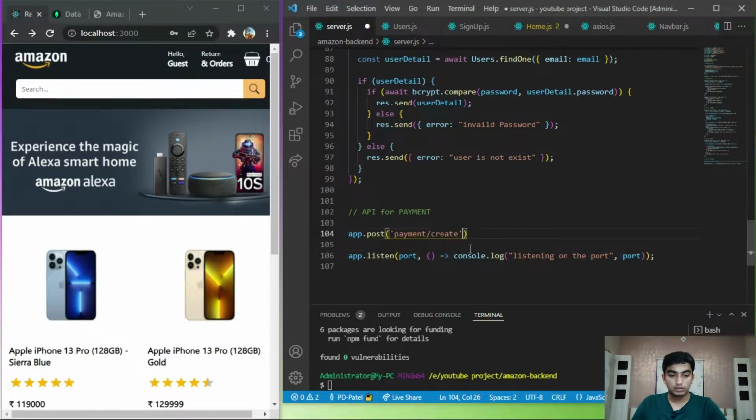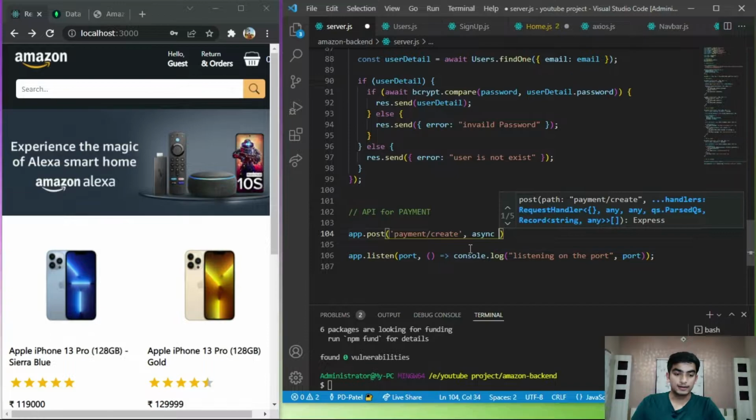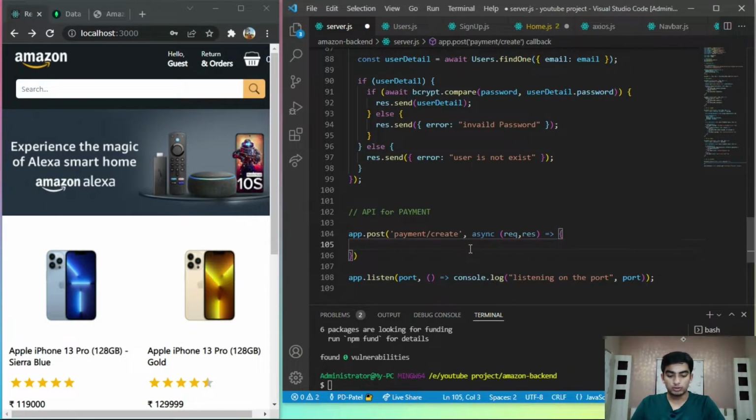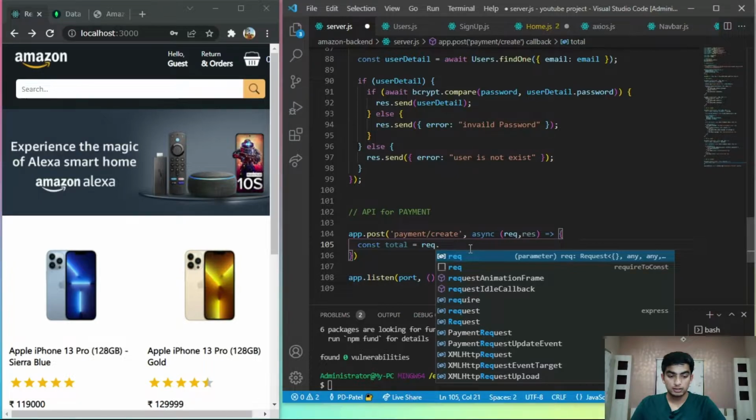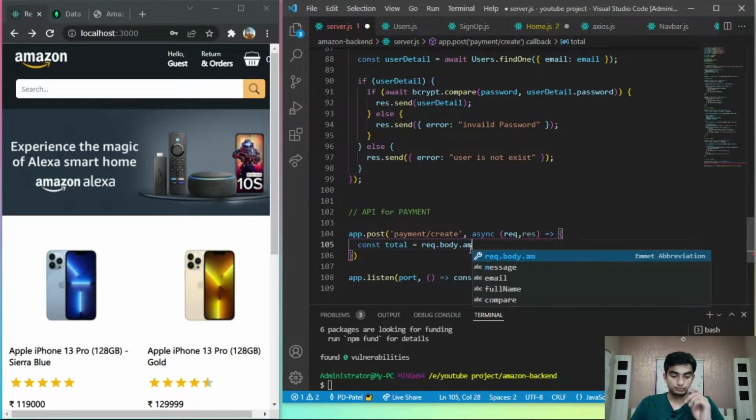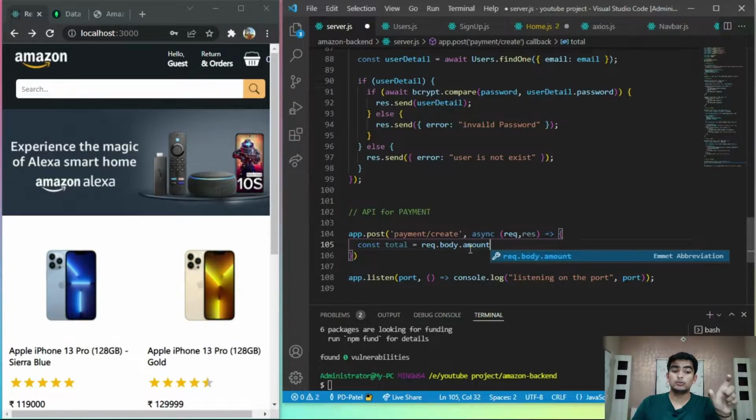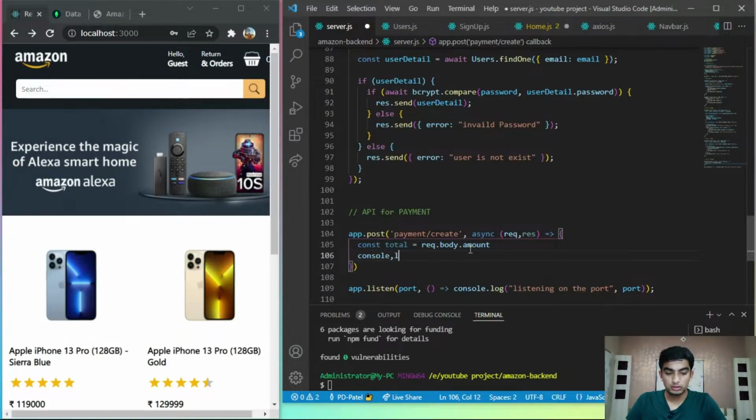Now here we are going to create an async callback function. So async, req, res, and then here we are going to get the amount. So const amount or total equals req.body.amount. Okay, we get the total amount from our front end, and then here we just type console.log